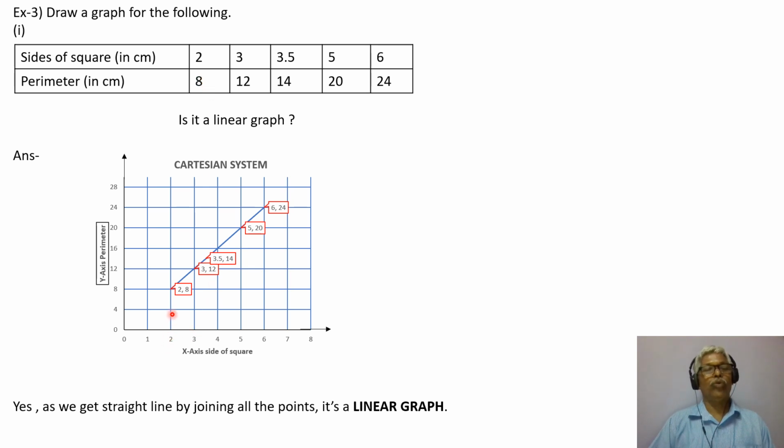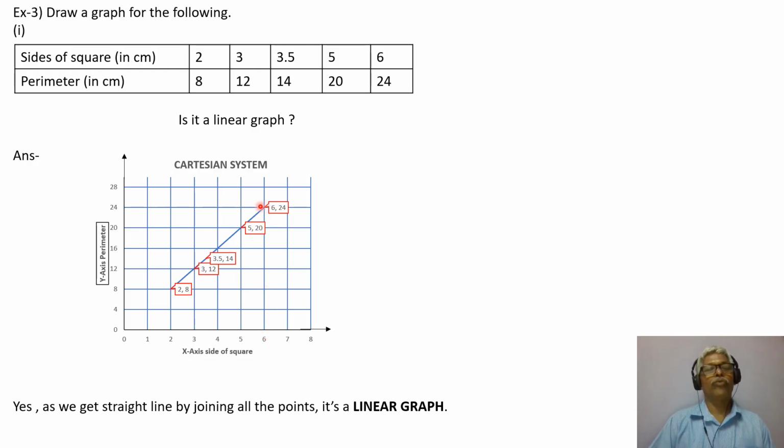So 2, 8. See the scale we have chosen. This is 2, and this is 8 here. 3, 12. 3.5 will be here and 14. For 5 it's 20, and for 6